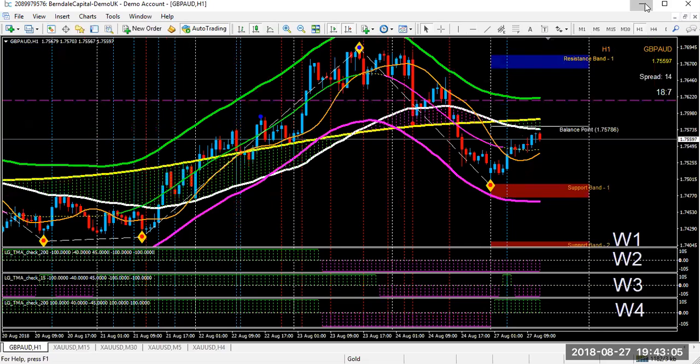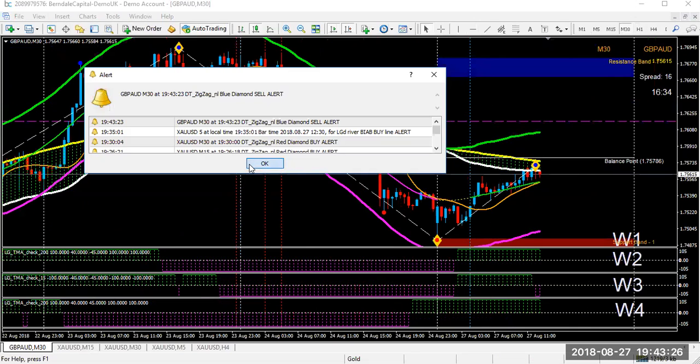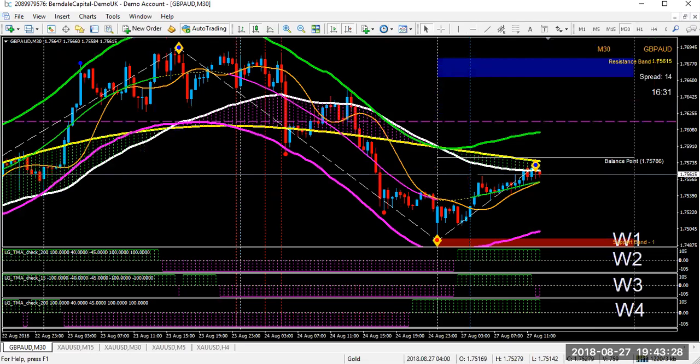Either way, we'd be looking to perhaps take that profit there. Okay, now once again, you've got other time frames there. Okay, so the 30-minute has hit its minimum target. Okay, and this is probably explaining why Pound Aussie is just finding some resistance. Okay, doesn't mean it's stopped totally going up yet, but what it may need to do is come down and then go back up. Yeah, so